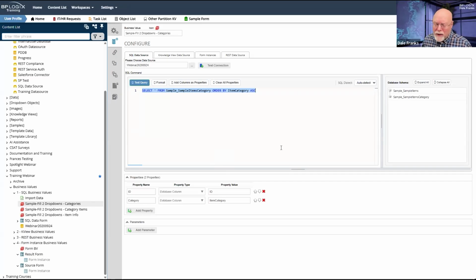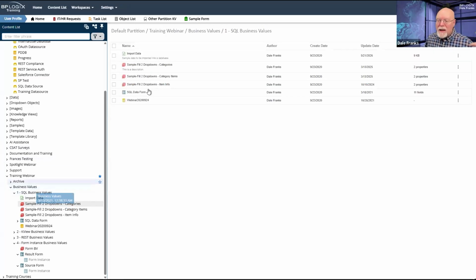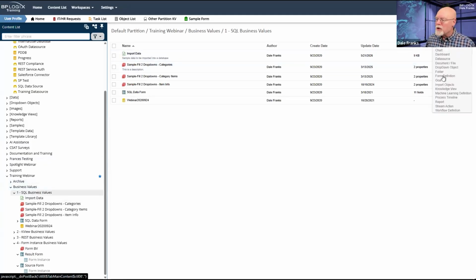We have now the Monaco editor. Prior to this, it looked a lot different, and all you had was a text box, and you had to kind of manually write your SQL statements. You don't have to do that anymore. In fact, let's go ahead and recreate this. We'll just create a new one,